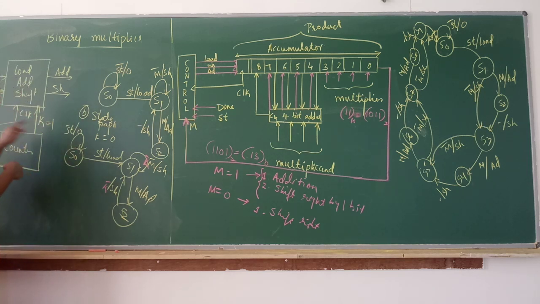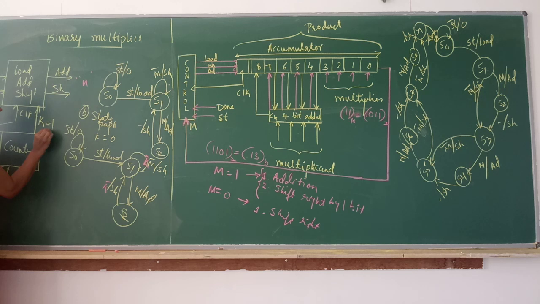If now k is equal to 1, assume we are performing n-bit multiplication. How many shifts should we have? This process should continue for n shifts. See, 4-bit multiplication, 4 shifts. N-bit multiplication, n number of shift signals should be out. We have to continue this process till n shift operations are performed. So now what happens? This k will be equal to 1 when n minus 1 shifts are completed.